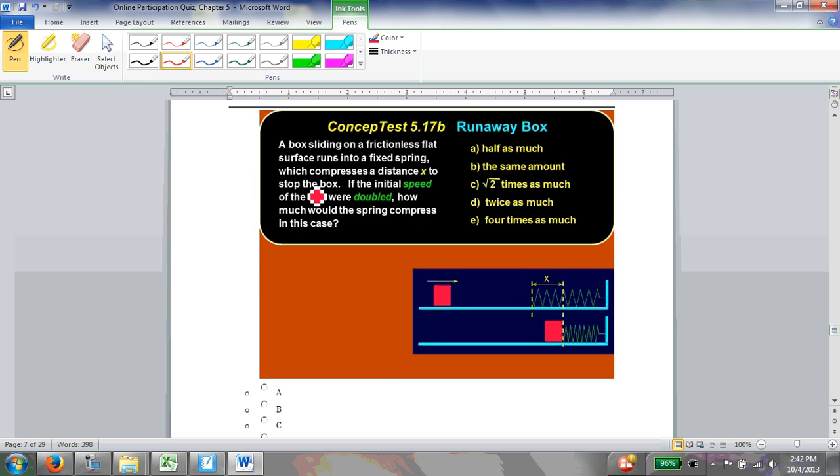The box is sliding on a frictionless flat surface, runs into a fixed spring, and compresses it a distance x to stop the box. If the initial speed of the box were doubled, how much would the spring compress in this case? All right, so